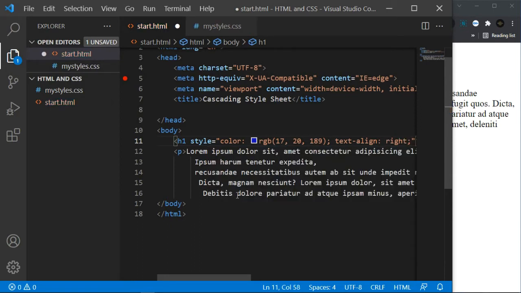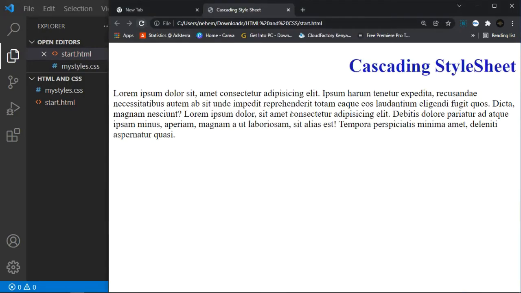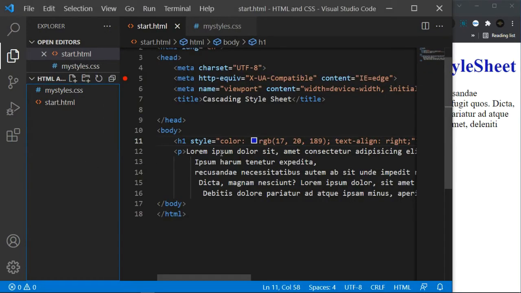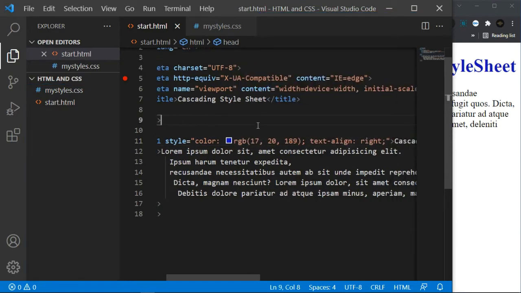Then click Ctrl S to save, and then here on the browser just refresh. So guys, you can see we have the blue. We have affected this document. So here we have the blue title, and then it is positioned at the right hand side. So the key thing that we want to talk about in details is the